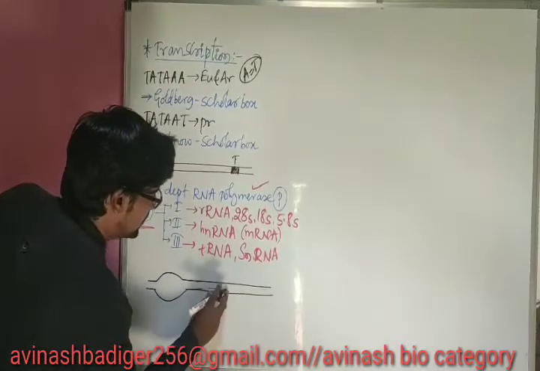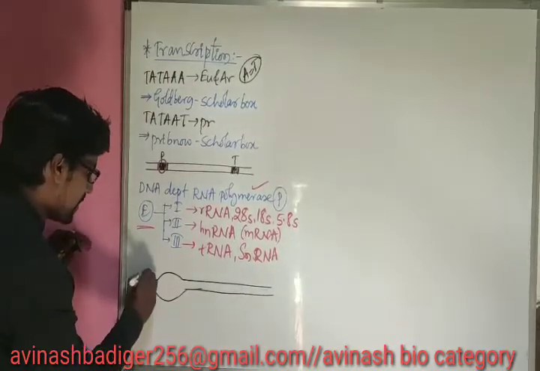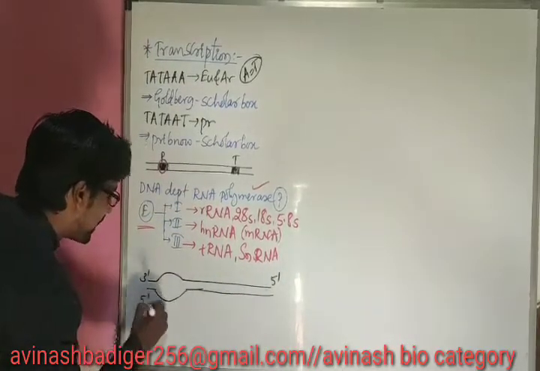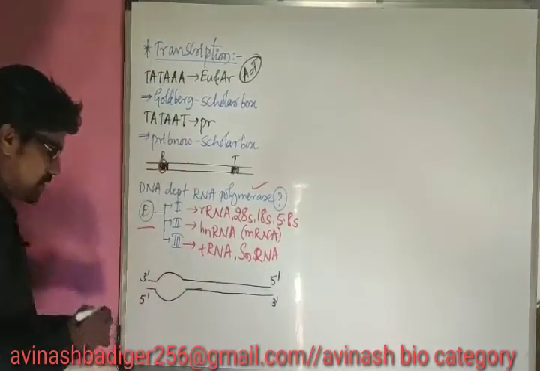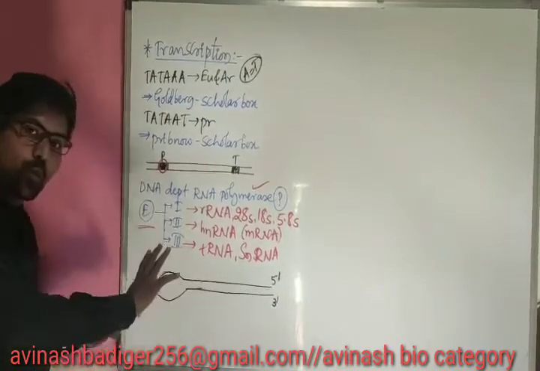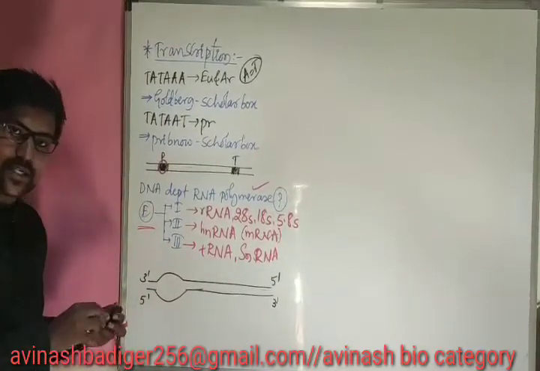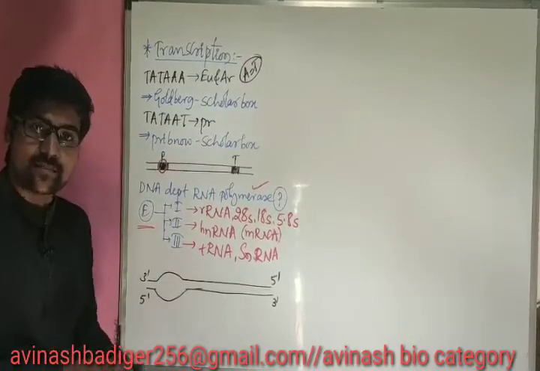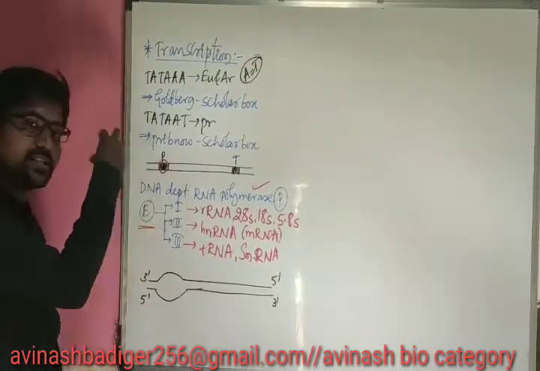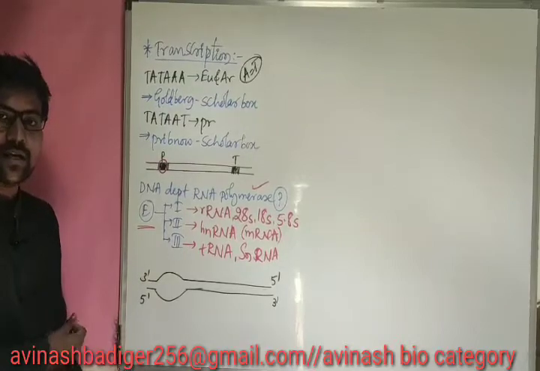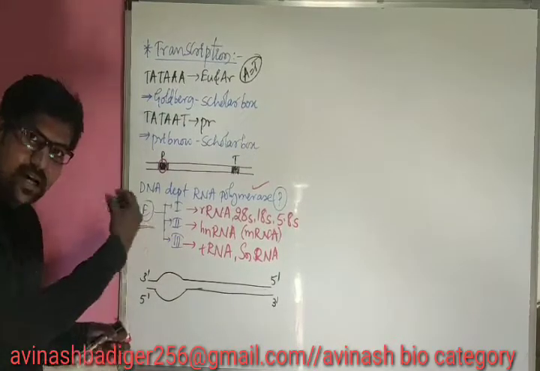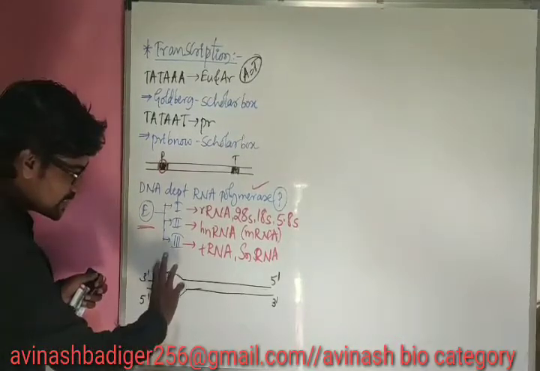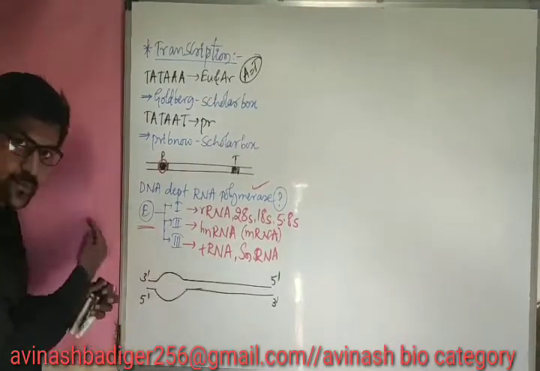It is going to form first this kind of structure. Let me mark them here: 3' to 5', 3' to 5' and 5' to 3'. So here the DNA is going to open at one portion, that is at the promoter region. For opening of the DNA, we need DNA unwindase enzyme. That unwindase enzyme activity is done by the polymerase itself, or sometimes other enzymes, proteinaceous structures get used here. So it is getting open, so hydrogen bonds are broken down.